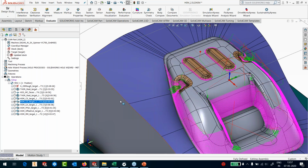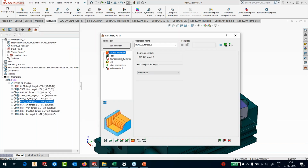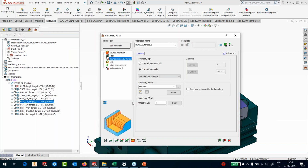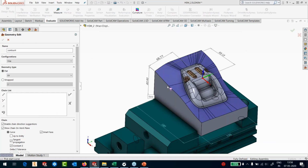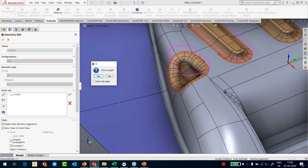This area is being machined, this area is being machined, this area is being machined. So I don't want that. Here comes the next feature of SolidCAM. I will edit this toolpath. I don't have to recalculate anything. I'll go into the boundaries, and in the boundaries, I'm going to define a new boundary. I'll just pick these areas. We have 1, we have 2,